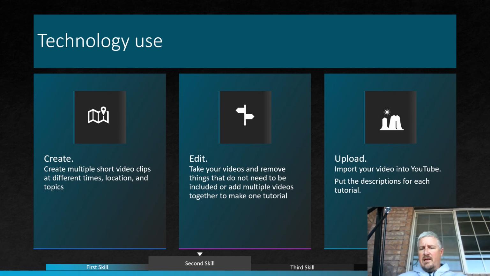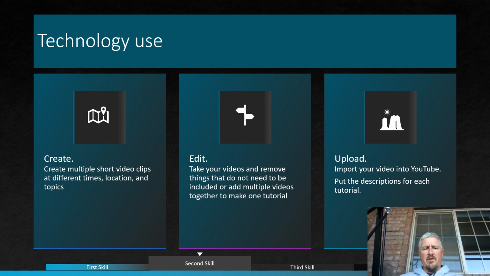The next skill that we had to learn to use was how to use the technology. Like I said, the things that I did was I just used my iPhone to create all this. There's some apps that are built into your iPhone, some movie makers that will help you edit and create these videos or any videos. And so that was one thing that we did, and it made it nice because we could go to different places, different times.